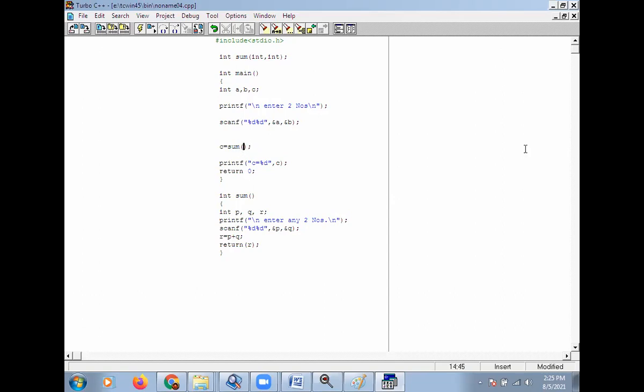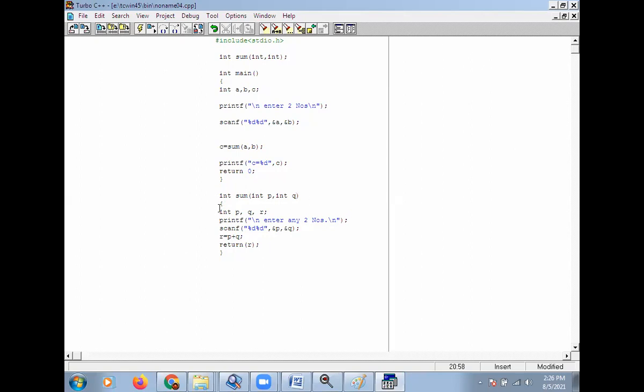So pass the values here, a comma b. So go to the definition, integer sum. Here suppose you declare two variables, integer p, comma, integer q.